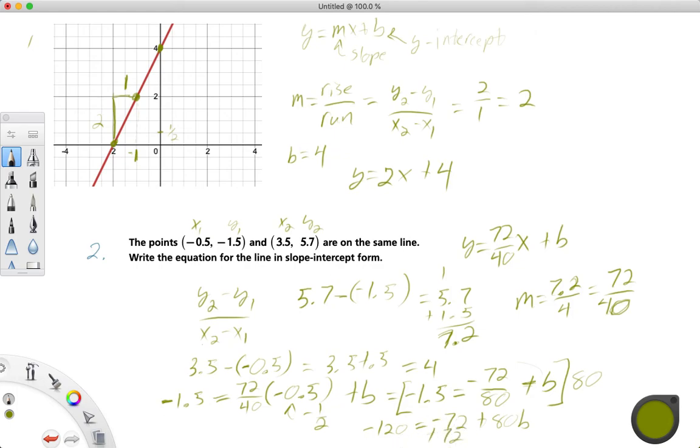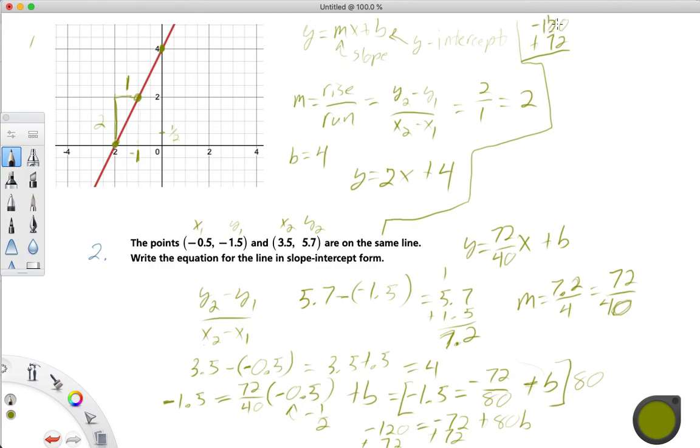Add 72 to both sides, and then I'm going to bring this up to here. So negative 120 plus 72, and that's that. 12 minus 8 is 4, 11 minus 7 is 4. So that leaves me with negative 48 equals,